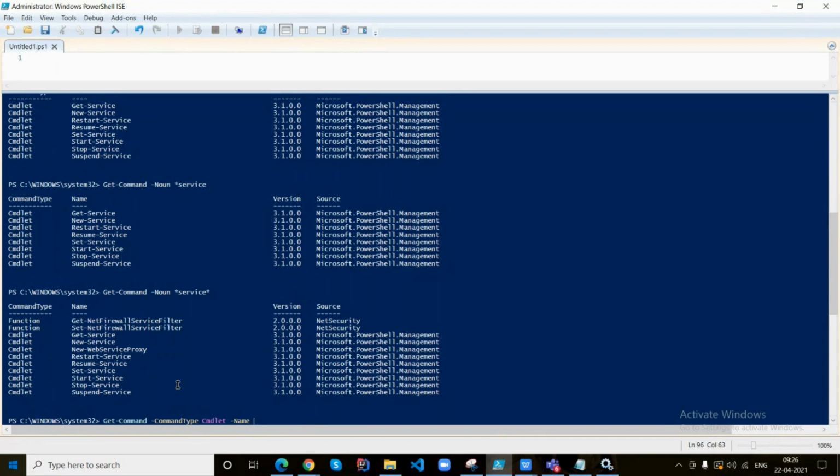Name or noun, that's also fine. Now we want to filter out the information of service called noun, right? So pick the noun parameter instead of name. Pick the noun. Now give the space and give the value like star service star.